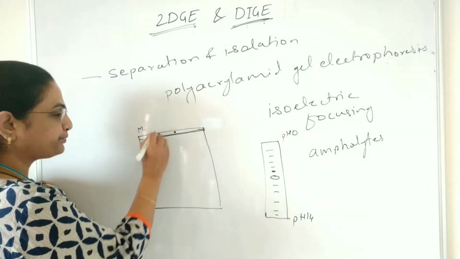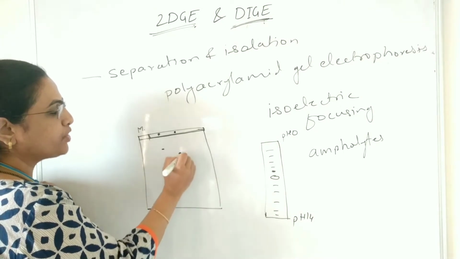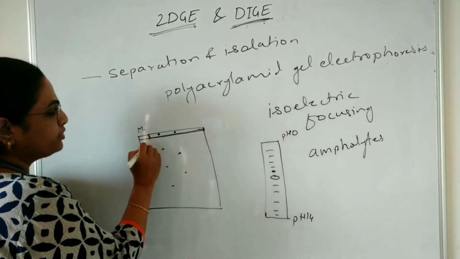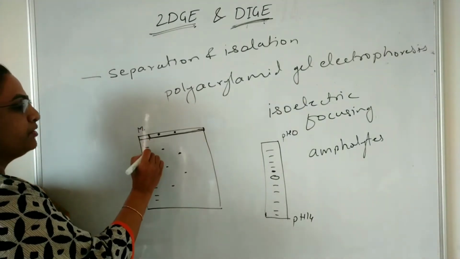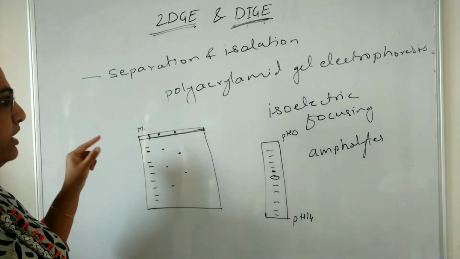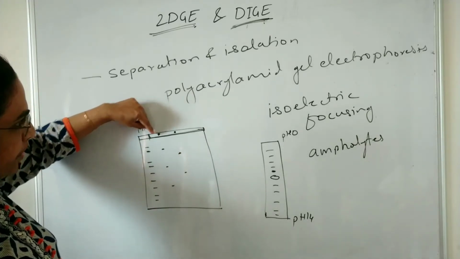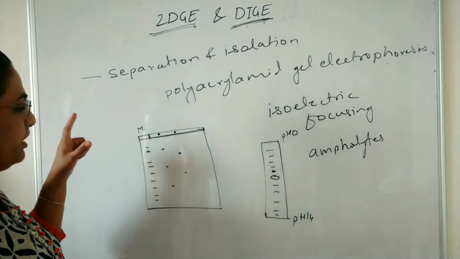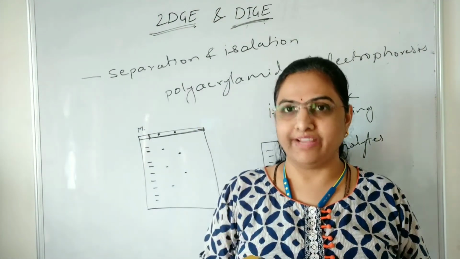So what will happen? There will be migration of the proteins, and that migration will be according to their mass. And here the marker is also going to be run. In this way there is a run. Now here you can see that here it is a single spot, and what we have shown here, 1, 2 and 3 bands in the SDS-PAGE, what does it indicate? It indicates that there are 3 proteins which have the same pI value.